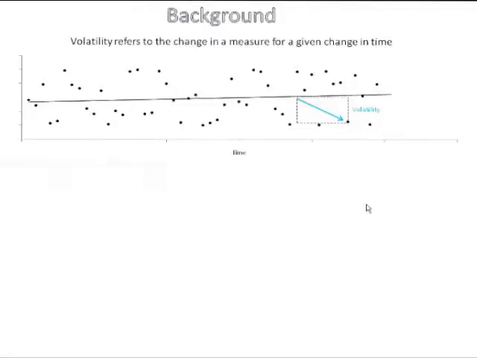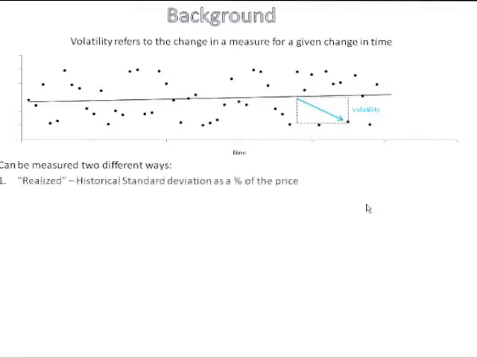We can measure volatility in financial markets, and this is how it's commonly done, in two different ways. The first way is to do realized or historical standard deviation as a percent of price. This is often called realized volatility, which is the subject of this presentation. Realized volatility or historical standard deviation looks at the standard deviation, which is the second moment of the data, and actually takes all this information here and calculates it into a key statistic, which is the standard deviation, to measure